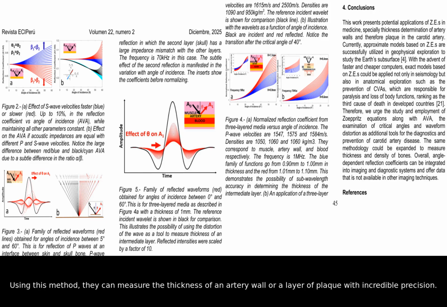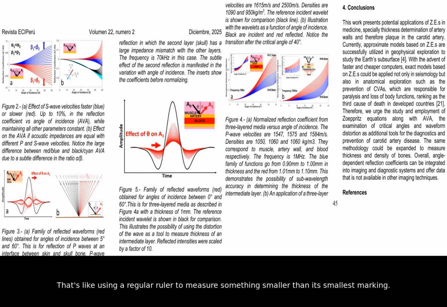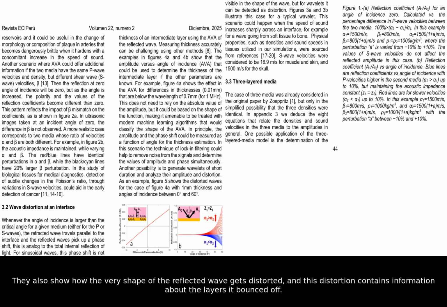Using this method, they can measure the thickness of an artery wall or a layer of plaque with incredible precision. In fact, their simulations show it's possible to detect thickness changes that are even smaller than the wavelength of the ultrasound being used. That's like using a regular ruler to measure something smaller than its smallest marking. They also show how the very shape of the reflected wave gets distorted, and this distortion contains information about the